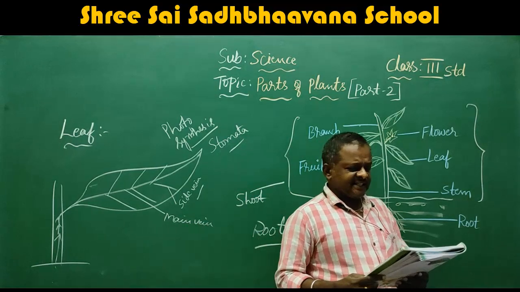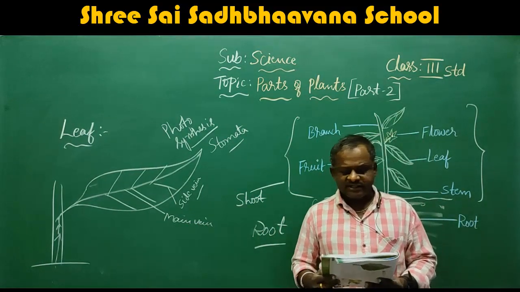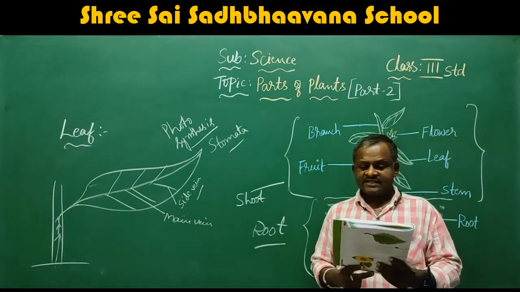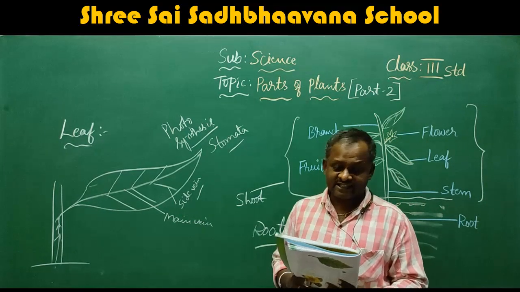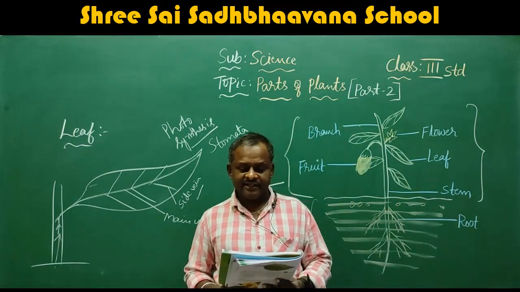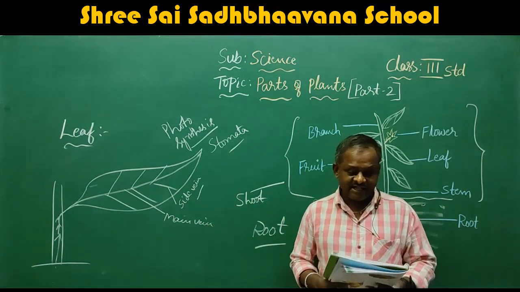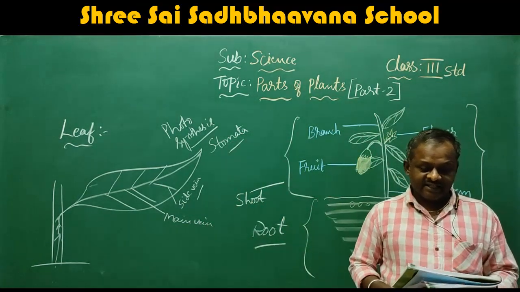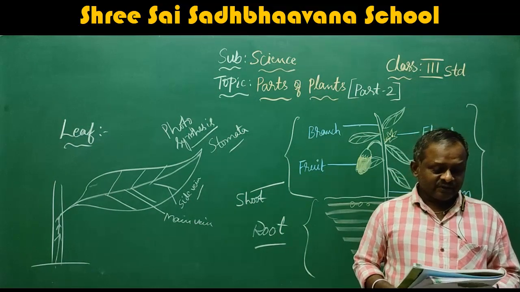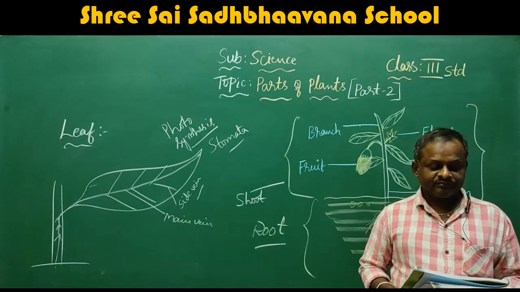There are seeds inside the fruits. Some fruits have one seed each. Some have a few seeds, while others have many seeds inside them. There is only one seed inside a mango. An orange has few seeds. A papaya has many seeds. There are fruits like banana with no seeds at all.